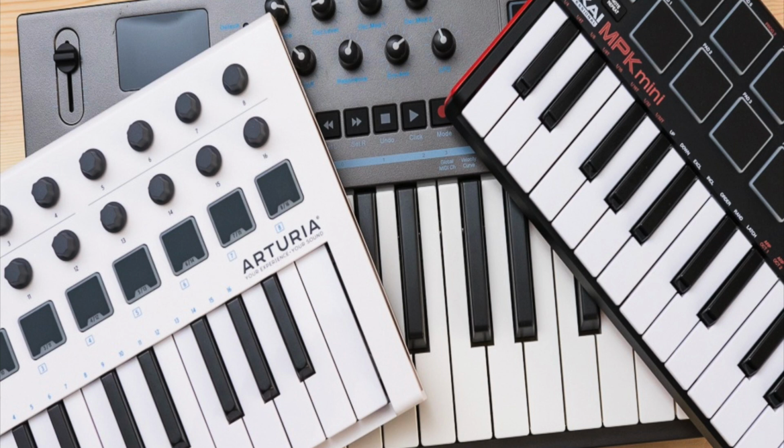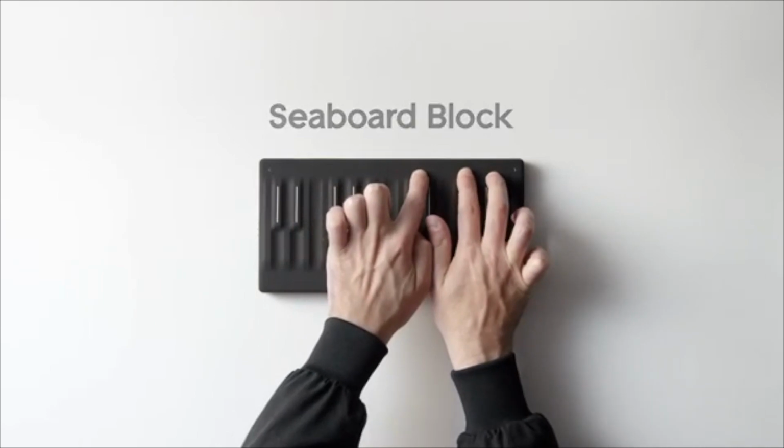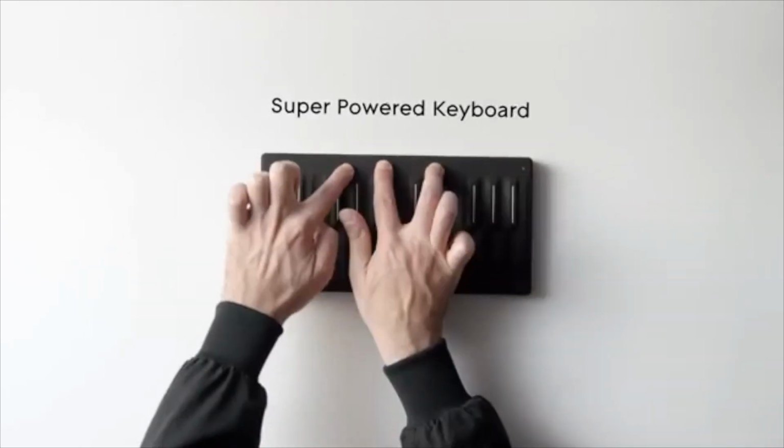or the Roli keyboards, the keyboards that you slide and you feel like a little cushion foamy pad, which is really interesting. I never really got into those, but my main thing is that a lot of people are using